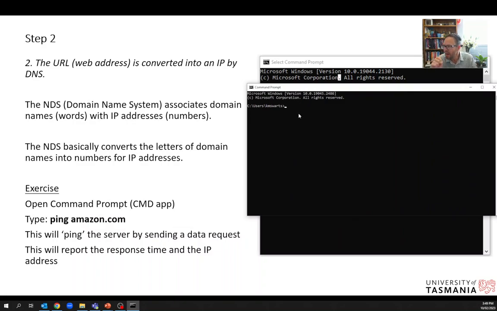Now, I'm logged in, so this is C drive, users, and that's me. I'm basically giving direct commands to my computer's operating system. When you click through Windows, it's a graphical user interface, so when we click on icons, it's running code telling the computer what to do. We're doing this directly now. So if I type in this command prompt, ping space, I've got to spell this right, amazon.com,